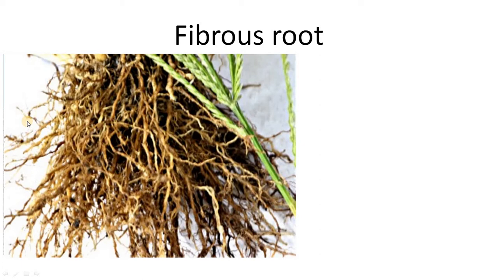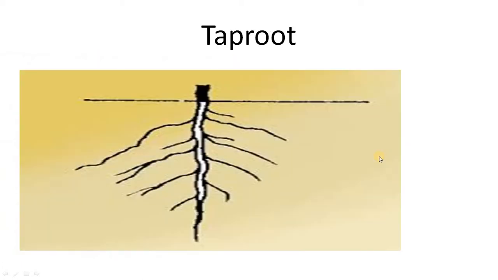So there are two types of roots. One is the tap root and the other one is the fibrous root. So what is a fibrous root, children? As you can see in the picture, in the fibrous roots, there are many roots. See, this was the tap root, no? It was easy to understand for us. Tap root was so easy, simple to see. It was only one single main root that will grow below the stem, and through that main root other roots used to go.